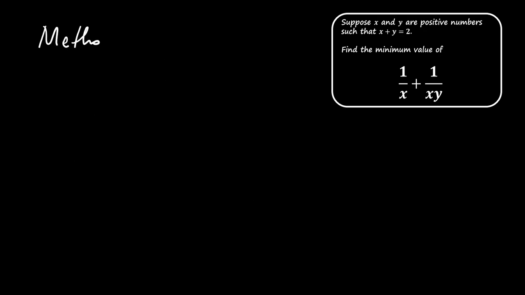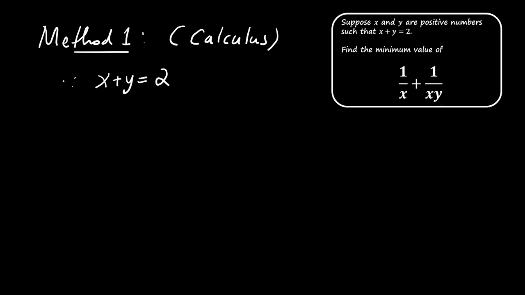Now, let's move forward with a more general method to find the actual minimum. Using the condition x plus y equals 2, we can express y as y equals 2 minus x. Substituting this into j, we have